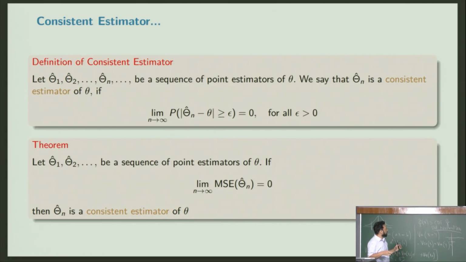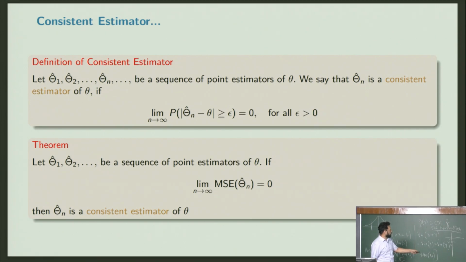And we can also define something to be a consistent estimator. If I have a bunch of estimators theta hat 1, theta hat 2, up to theta hat n, a sequence of estimators, then we can define something called a consistent estimator of theta. Basically I am building a sequence of estimators. If it so happens that as n tends to infinity, theta hat n gets closer to theta, then in the limit we say it's a consistent estimator.